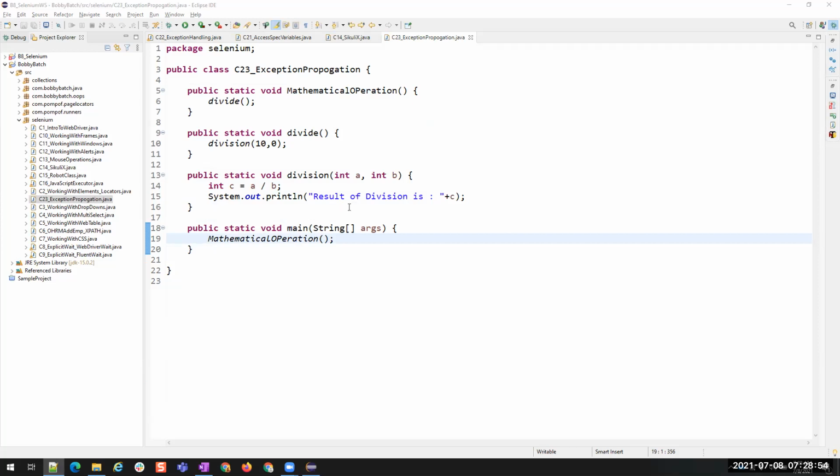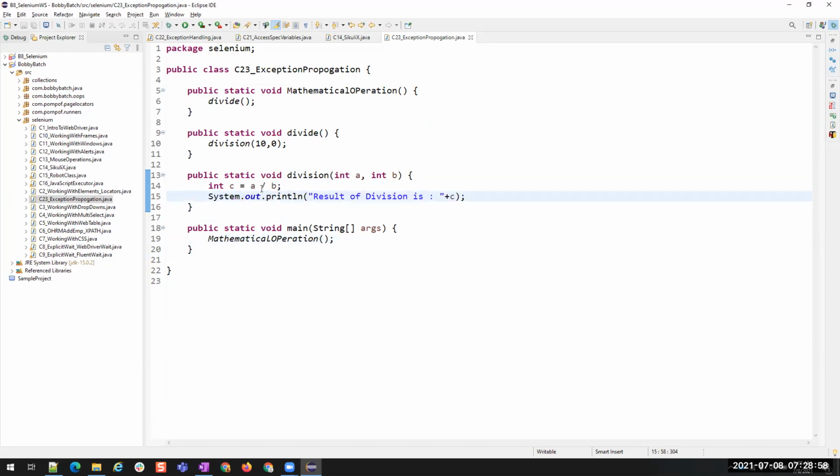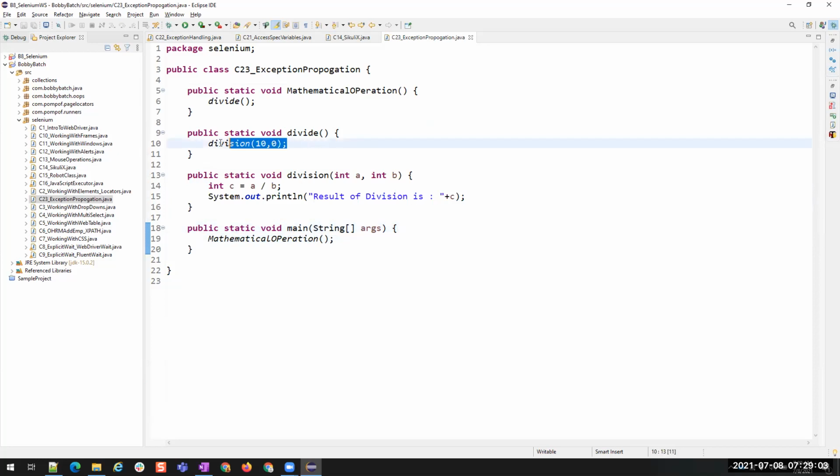No? Fine. So suppose now we have the exception created here, and then we are not handling the exception here, or we do not have the try catch blocks here. So it moved into the divide.